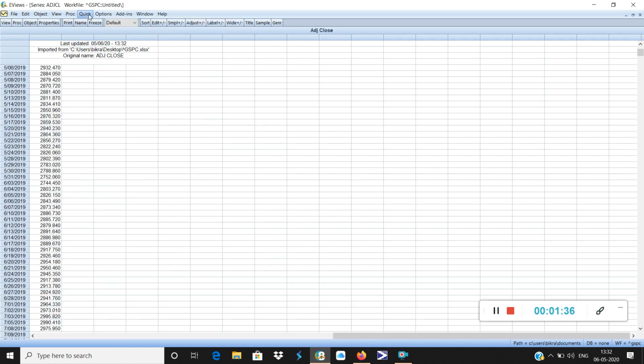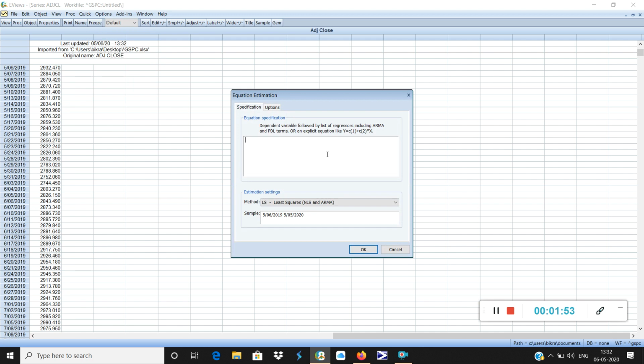Now I will go to the options, quick, estimate equation. I'm holding it for a second so that you can note quick and estimate equation. So now this window opens. In this window I have to write the algorithm.